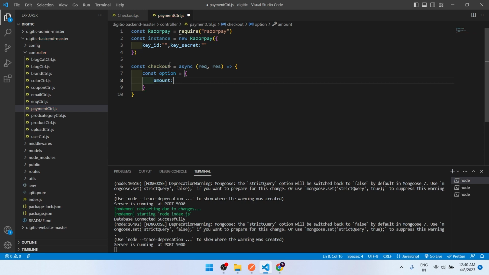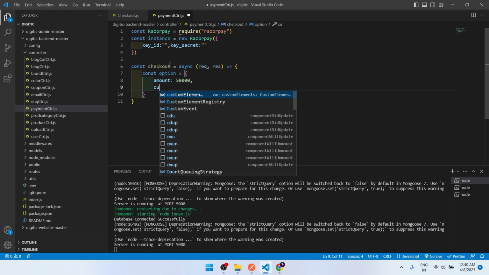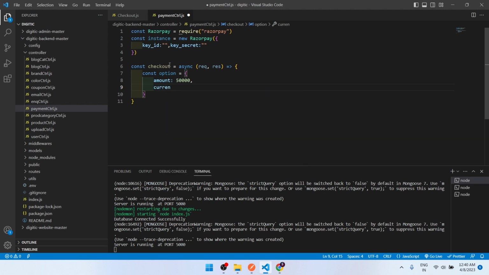So let's say currently I'm giving 50000, and currency will be INR. Let's take INR for now. Okay, so currency INR,